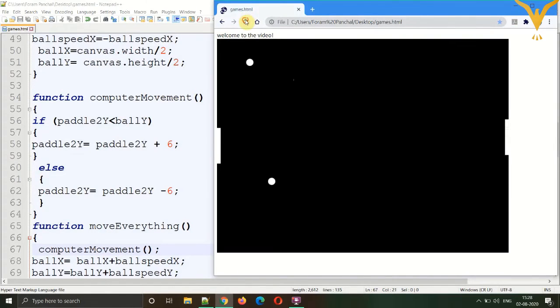Okay, so now you can see the right paddle is moving on its own. It is attending the ball towards its edges, but the motion is still very rough, and it is like stepping into the value, stepping out of the value. It is trying to get equal to the ball's vertical position. So now what we can do is, for a perfect motion,